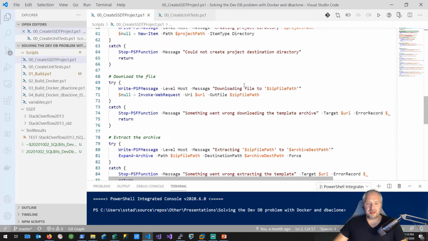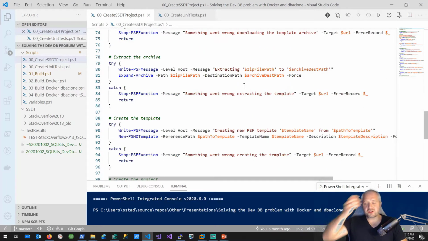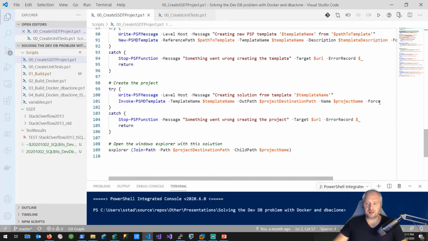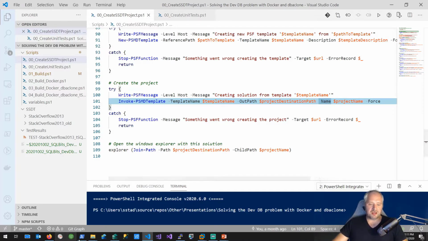The entire script will take care of a couple of things, like downloading the latest template, installing it, and extracting it. But the only command that we need specifically is Invoke-PSMDTemplate. We give it a template name, we set the output path, and then we give it a name, and the name in this case is the database. And if we run that,